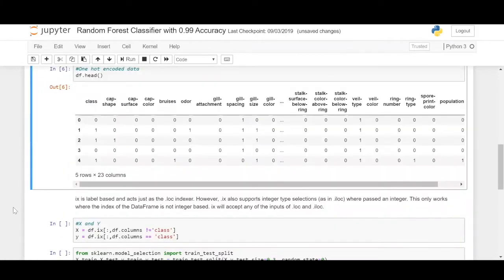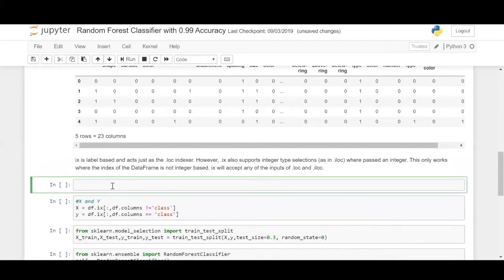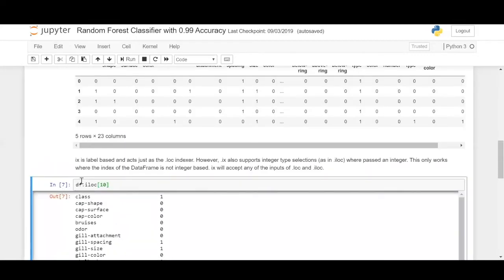So one more thing is that we'll be exploring the ix label in the pandas dataframe, but it's nothing but an indicator. It's like df.iloc if you have been through it before. It indicates the particular index in the data set.